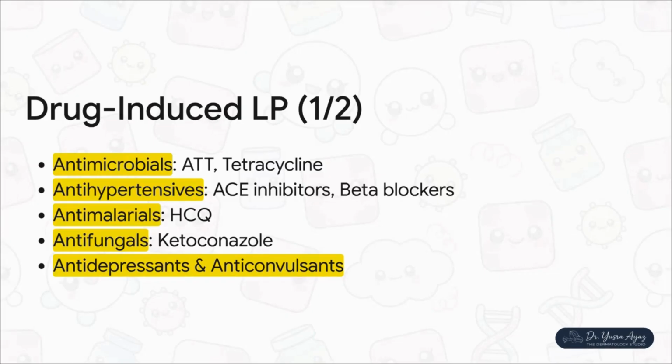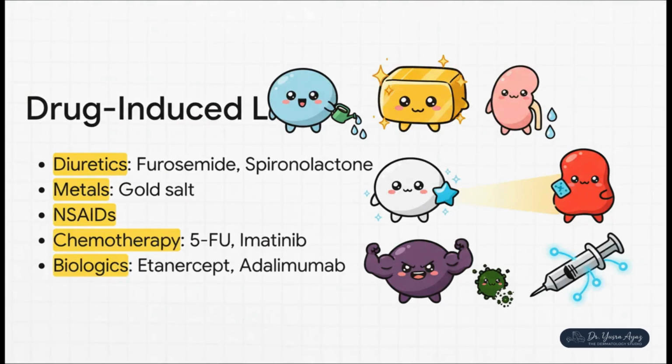All right, now we're getting into one of the biggest categories of triggers, medications. It turns out that an extensive list of drugs can cause a reaction that looks identical to Lichen Planus. We're talking about certain antimicrobials, a whole range of very common blood pressure medications like ACE inhibitors and beta blockers, antimalarials, and even some antifungals, antidepressants, and anticonvulsants. And yeah, the list just keeps going. Other potential culprits include common diuretics, everyday anti-inflammatories like NSAIDs, certain metals like gold salts, powerful chemotherapy drugs, and then